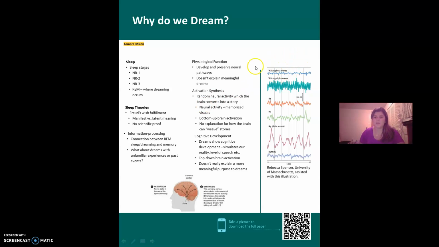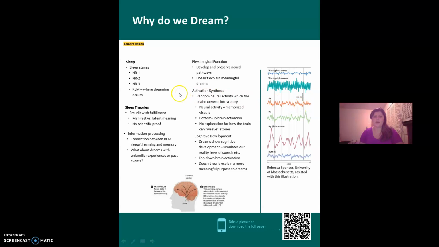Over here, I have a graph from the textbook. These two up here are what our brain waves look like when we're awake, and then the rest are during the different stages. The first stage is NR1, and NR means non-REM, and it's the changeover between being awake and being asleep. It's usually just a short amount of time. You feel more relaxed, your breathing is slower, your heart rate is slower, but it would be very easy to wake you up. That's characterized by slow alpha waves.